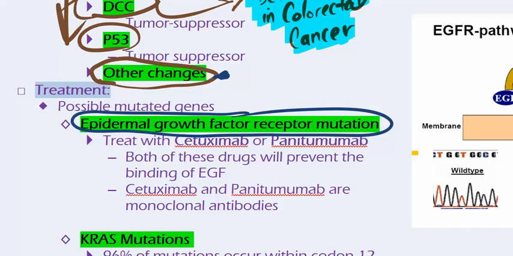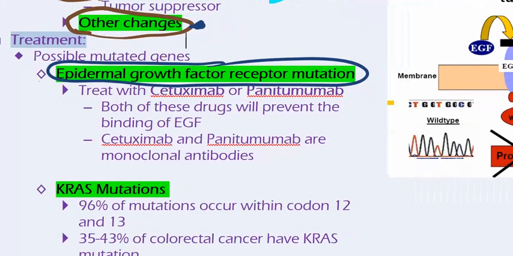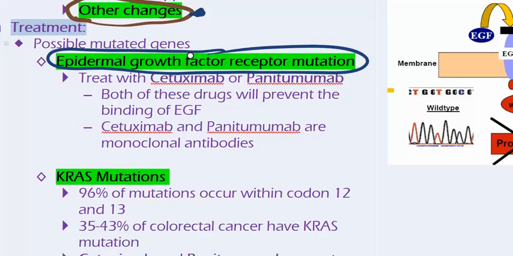growth factor receptor. Now, if we're talking about growth factor receptor, well, what is that? Is that a tumor suppressor or is that a proto-oncogene? Proto-oncogene, right? So now if we have too much of that receptor being made, then that can promote cell division, cell growth, and that's cancerous. So if you have a mutation with your epidermal growth factor receptor, this is one of several factors that can lead to colorectal cancer because cancer is an accumulation of mutations. But if you have a mutation in this epidermal growth factor receptor,